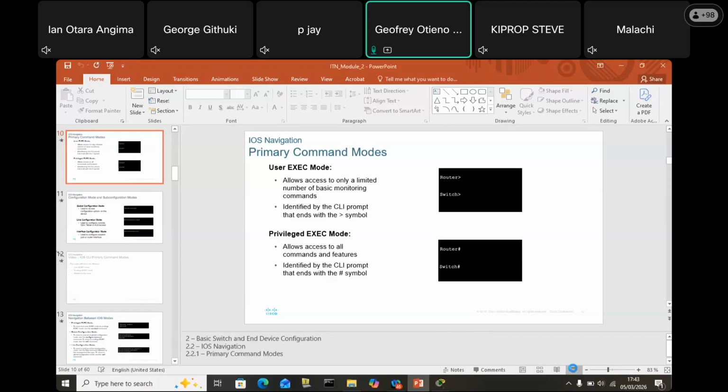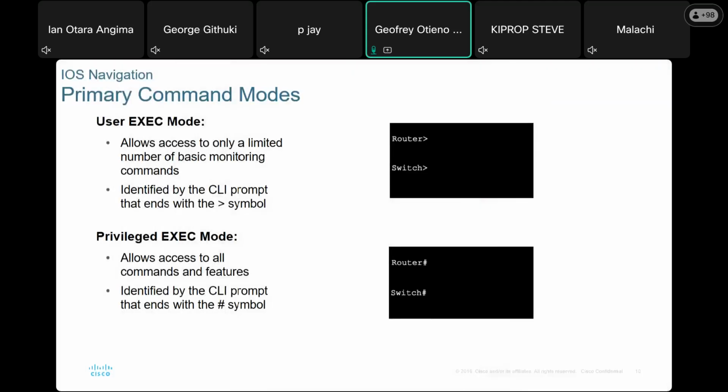So guys, I want us to pick it from here, actually where we stopped yesterday. We were actually discussing various modes, that is various command modes, which are very, very necessary, especially when it comes to configuration. So I'll pick it from here. We go through it together, then